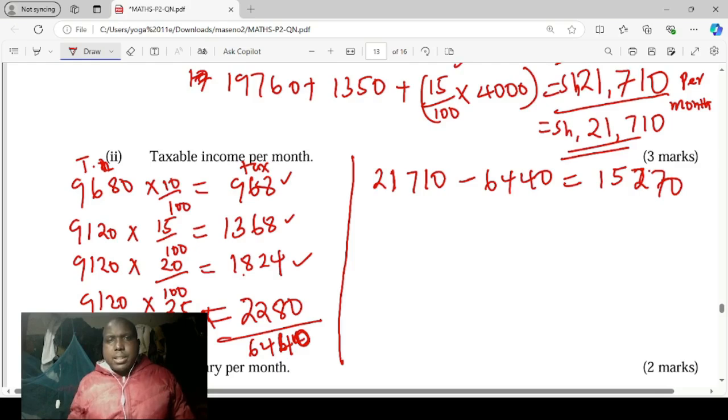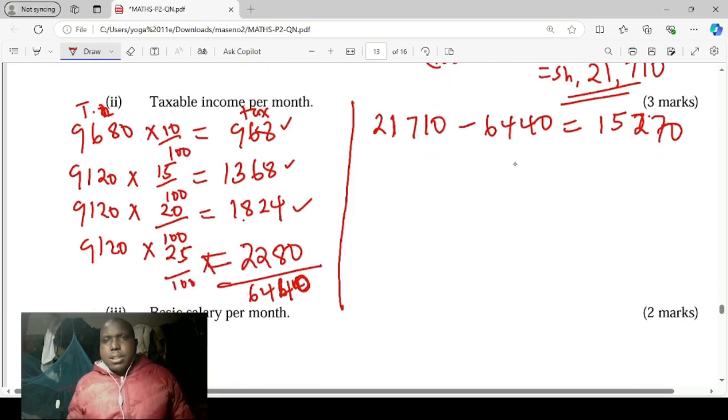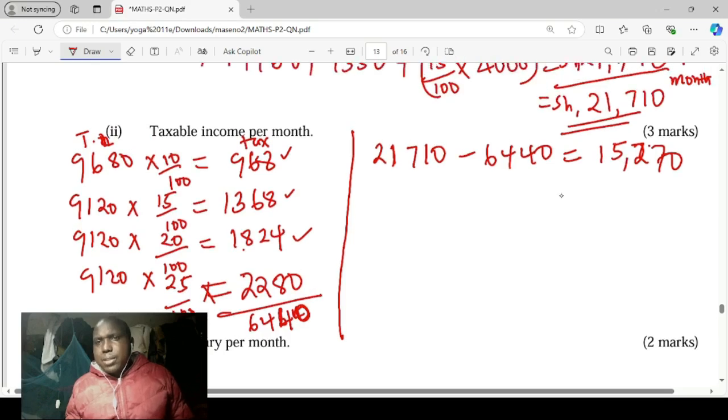Now next, ukisubtract unapata ni 15,270. Now tunataka kujua what amount ilipeana hii tax, amount of money that, so x